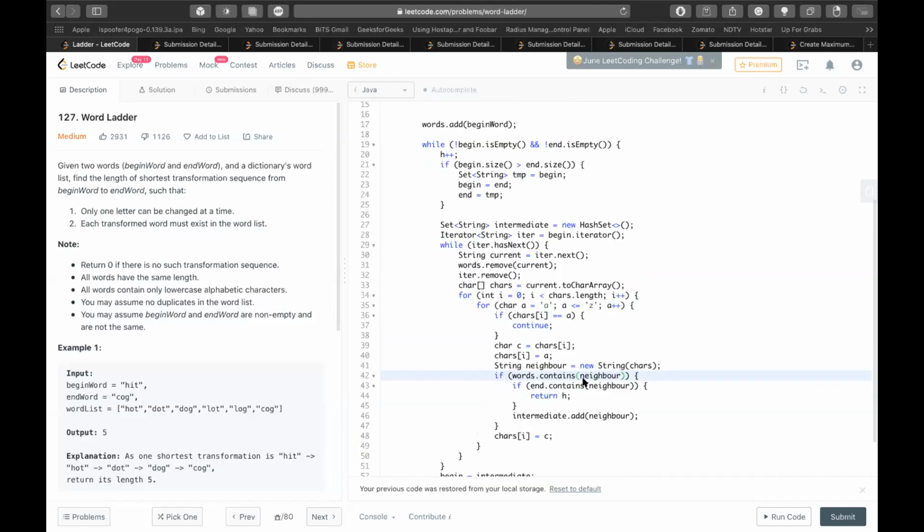So instead of the visited set, I'm using that word set's contains. In line 31, I'm removing the visited words as well, so for the next level I shouldn't add the already visited ones. You get it?